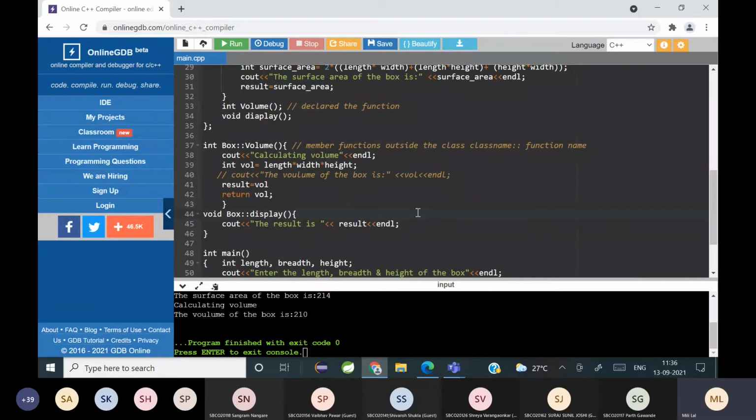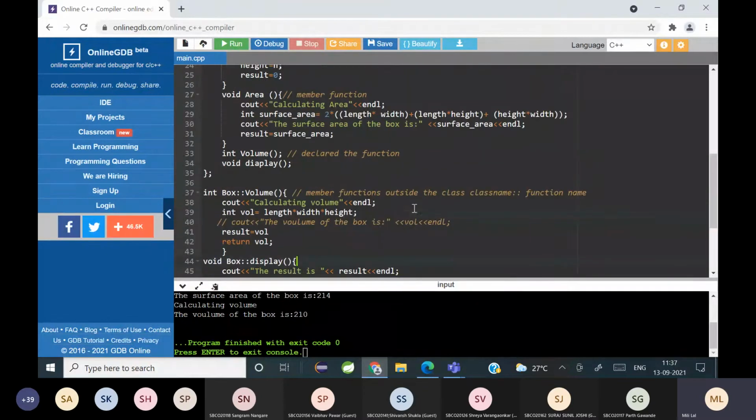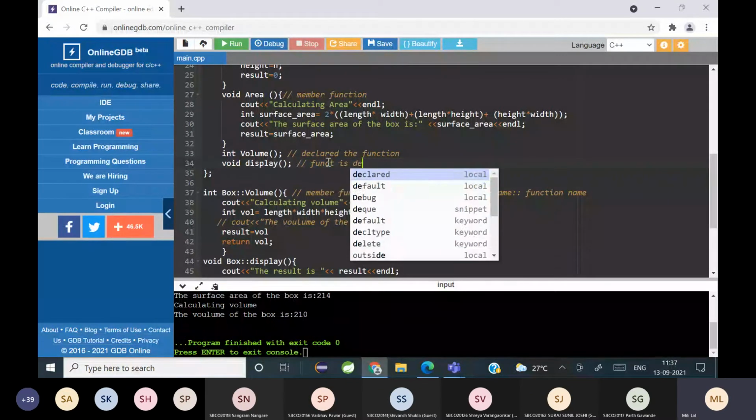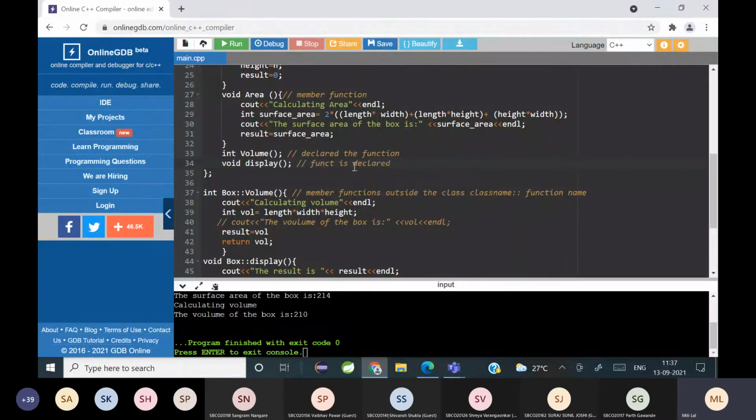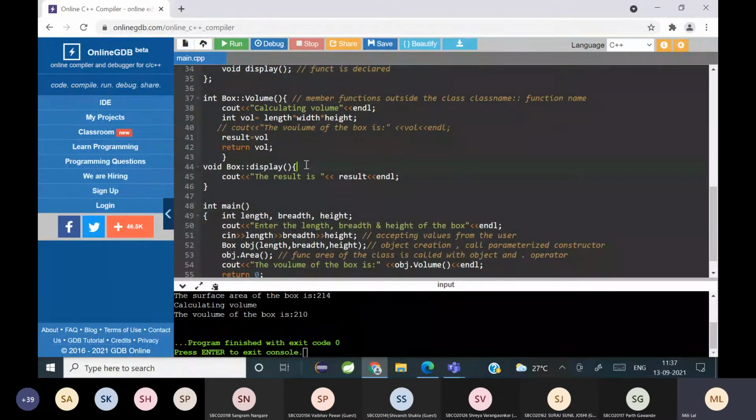So here I have not done anything else, I just added an extra member function, and gradually I'm going to change it to a friend function. So that is why I didn't write much about it. So a display function is created. A function is declared here, and it is being written here.